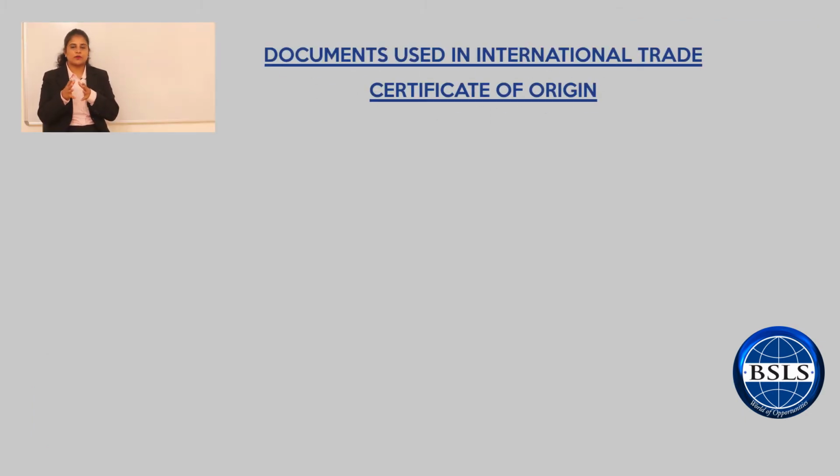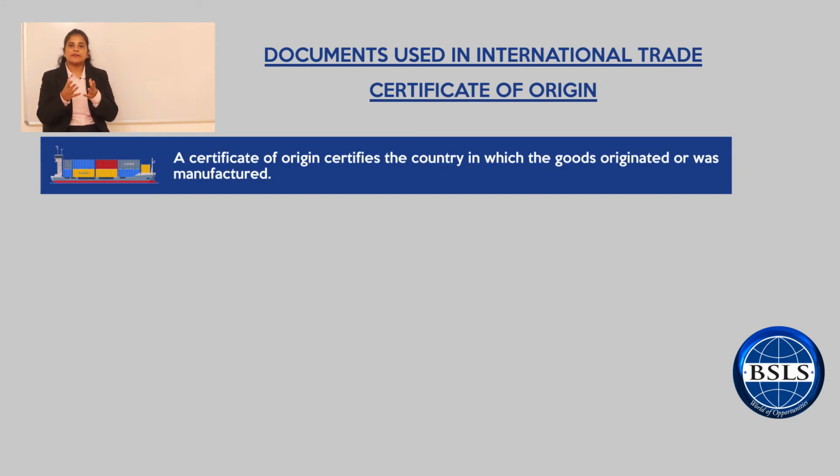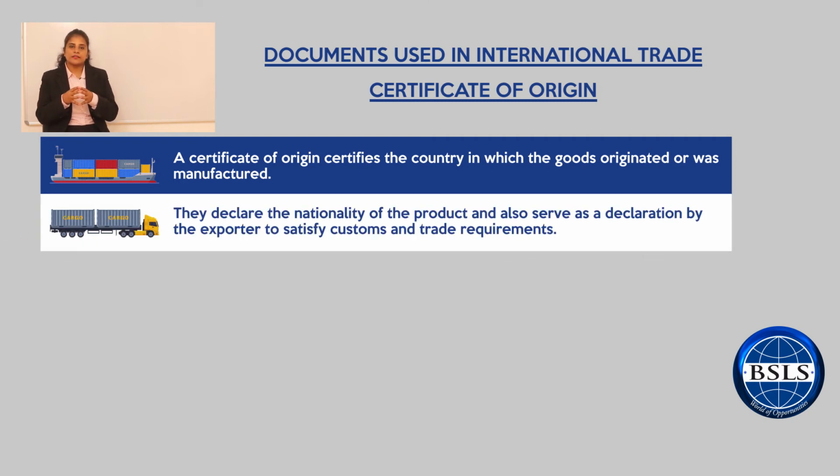The next document that we are going to discuss is the Certificate of Origin. In our previous class, we have seen that countries enter into trade agreements for mutual benefit through business. Trade agreements are aimed at lowering the trade barriers such as duties and taxes and promote trade flow between the two nations. The governments of every country on a time-to-time basis renew these trade agreements in order to decide the duties that are to be applicable on the imported products.